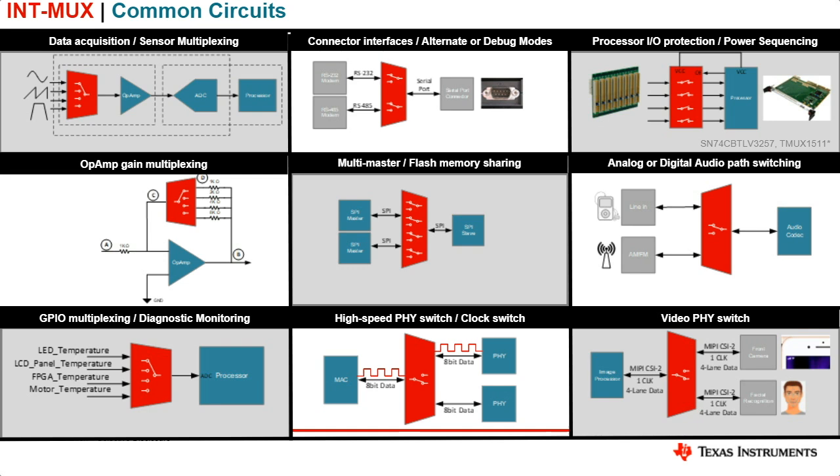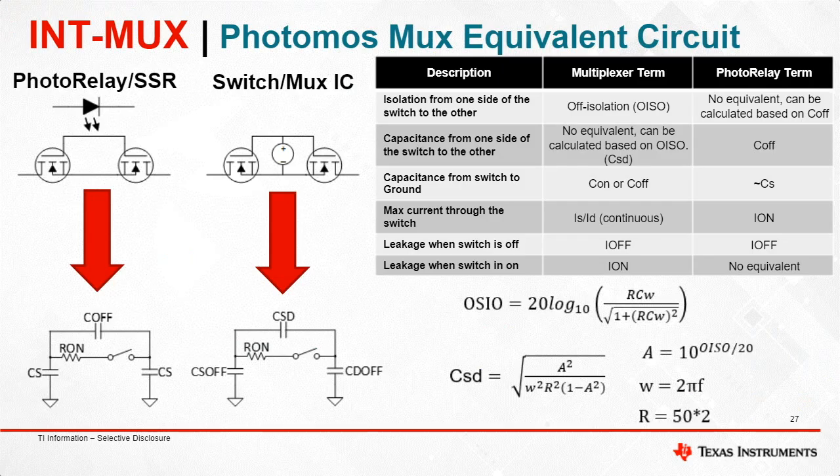Now we're going to go into a little bit more specific detail and look at photoMOS. Basically, a photoMOS or a relay is very similar to an analog mux. It's similar in features, but not similar in architecture. The way a relay works is you have an LED that emits light when it's being powered, and that light powers smaller photodiodes inside the relay, and that basically powers the gate and sends that voltage signal to the gate.